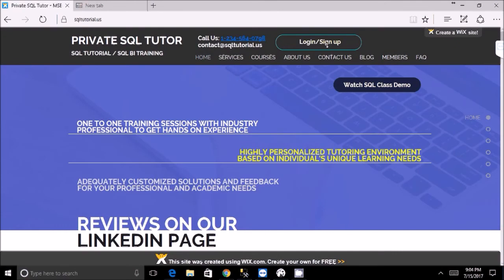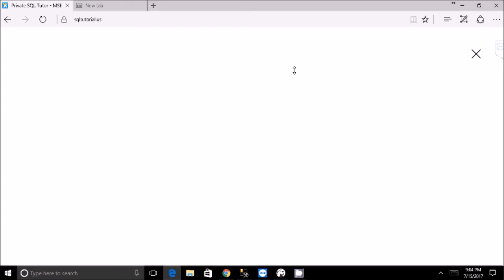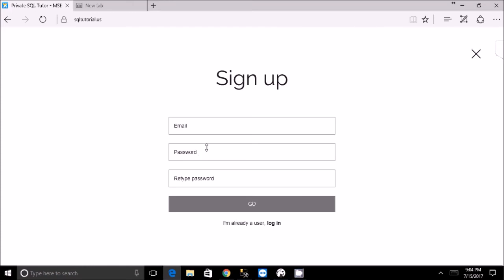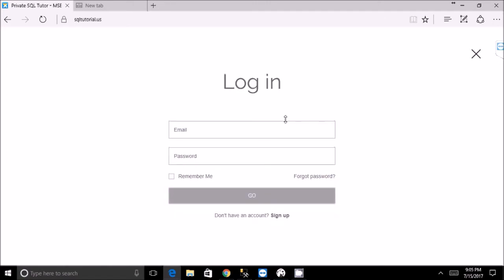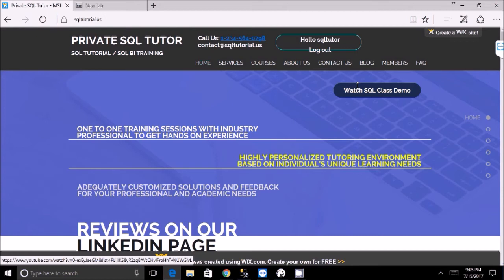So once you log in here, the first time, just click on login sign up, and use your Gmail and assign your password. Retype your password, and it will create the account for you. Next time you come in, you're going to click on the login, because you're already a user. All right, and then I'm going to go to the members page where you're going to have access to the SQL